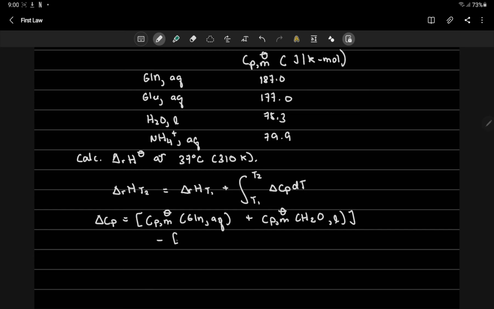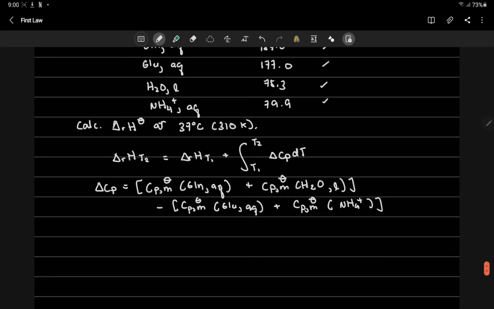So what are those? Heat capacity ni glutamic acid plus heat capacity nino ammonium ion. So, you're given all the information here. So, you just have to substitute and later on, malalaman natin na ang heat capacity will be equal to, let me calculate, 5.4